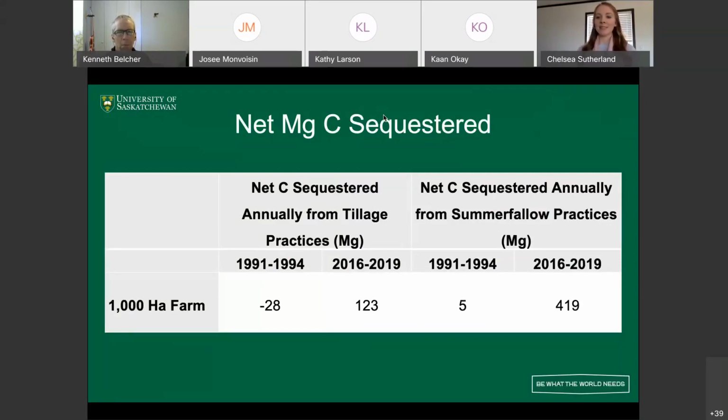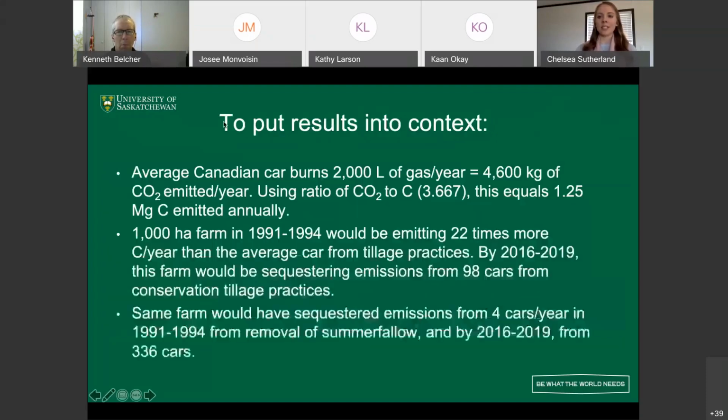Similarly, for changes in summerfallow practices, this 1,000 hectare farm would have been sequestering about 5 metric tons of carbon per year, and by 2016 to 2019, this had changed to 419 metric tons. To put these results into context just a bit further, the average Canadian car burns about 2,000 liters of gas per year, and this equals 4,600 kilograms of CO2 emitted per year. If we use a ratio of CO2 to carbon, which is 3.667, this equals about 1.25 metric tons of carbon